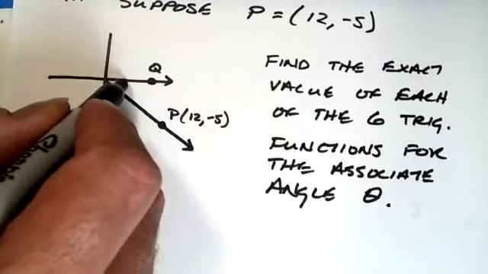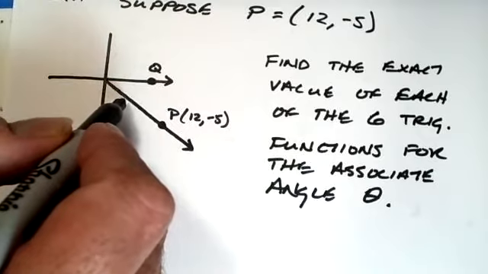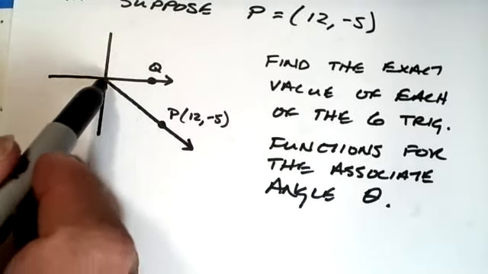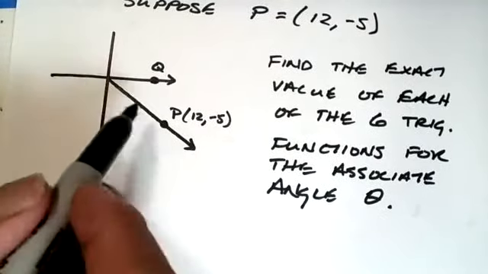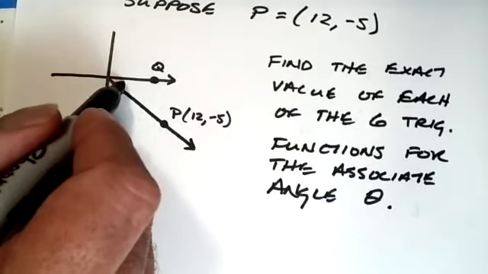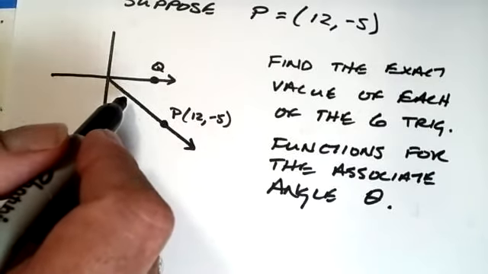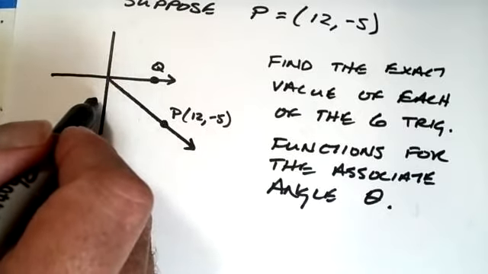Or we could measure it from the initial ray counterclockwise all the way around, in which case this would be a positive angle, somewhere between 270 degrees and 360. Or we could go around a complete revolution and then come back, in which case this would be somewhere between 630 and